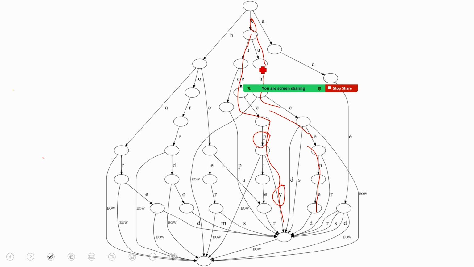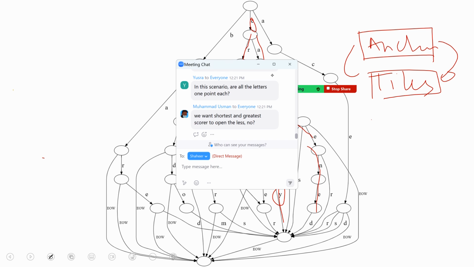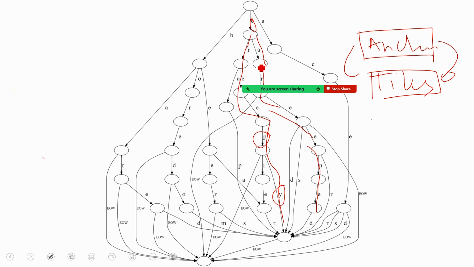You've got anchors and you've got tiles. So that's your anchors. These are essentially starting points or prefixes or suffixes on the board, and then you've got your letter tiles, right? The question is, how do I combine the two together? You don't want the shortest scores, you want the best score, the biggest score, the highest possible